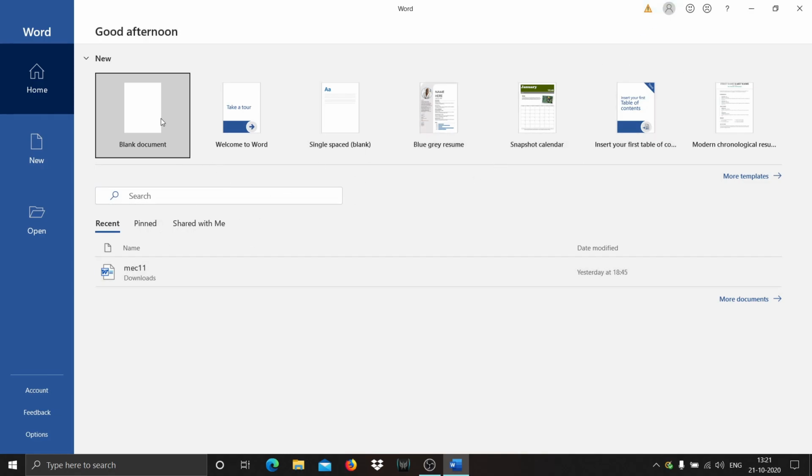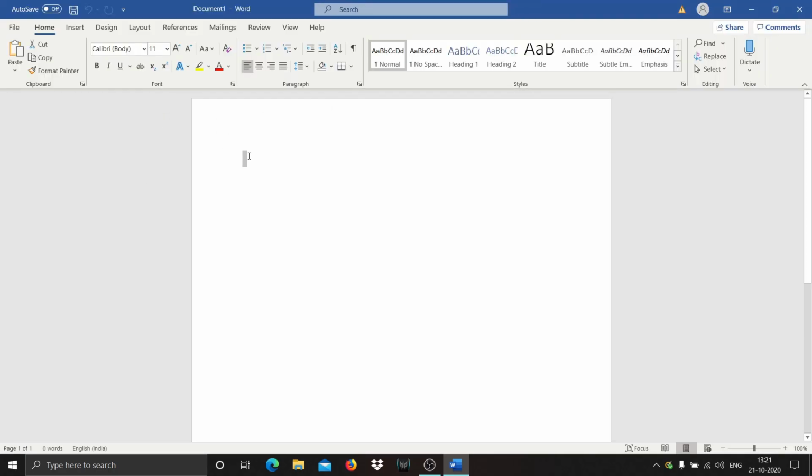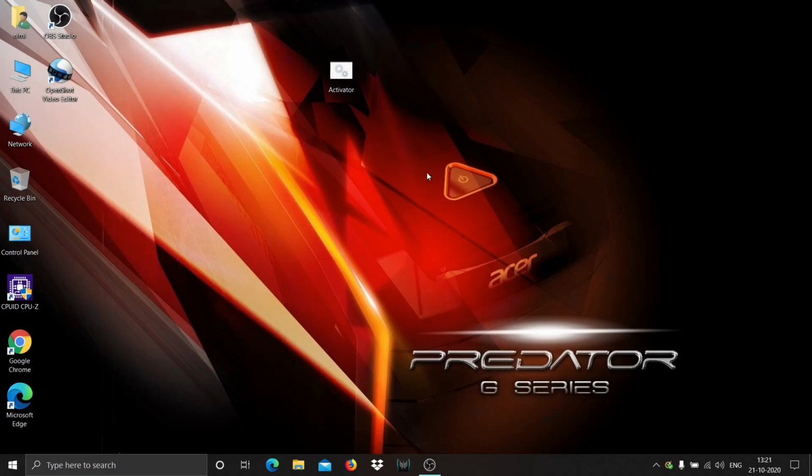You have activated all the features that are enabled for Microsoft Office 2019, like Word or Excel or anything. So in this way you can easily activate Microsoft Office 2019 free of cost.